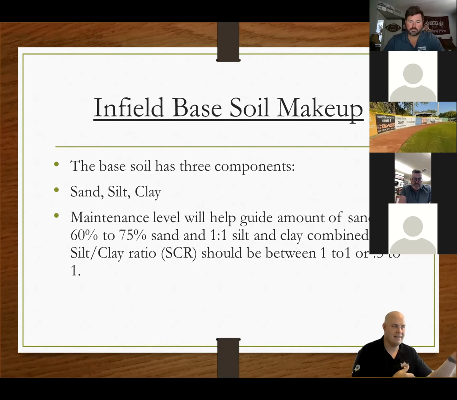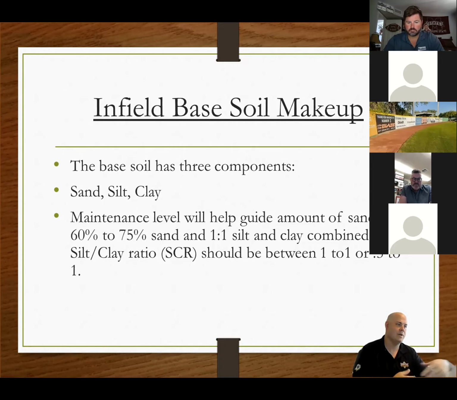The more clay content you have in an infield mix, the more moisture you can hold, which is fantastic to give them plasticity and deal with a lot of play from bigger players, and to have consistency. It works really well.